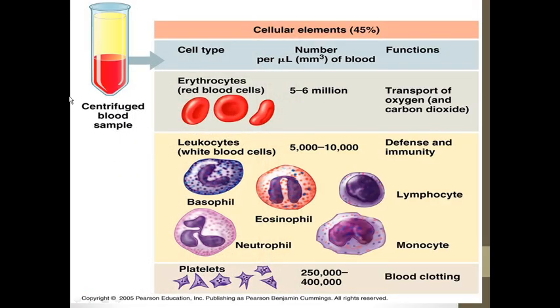Here, this is the centrifuged blood. We said before, this is centrifuge. Okay, and can you see the shapes of basophil, eosinophil, neutrophil? These are responsible for they engulf the bacteria by phagocytosis. Okay,